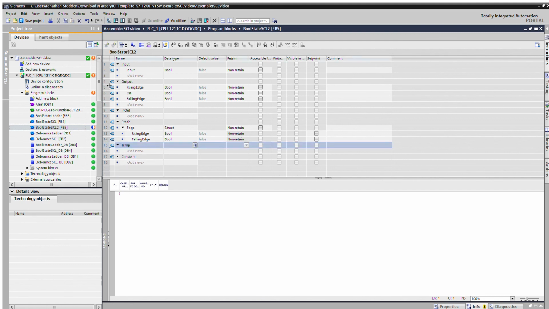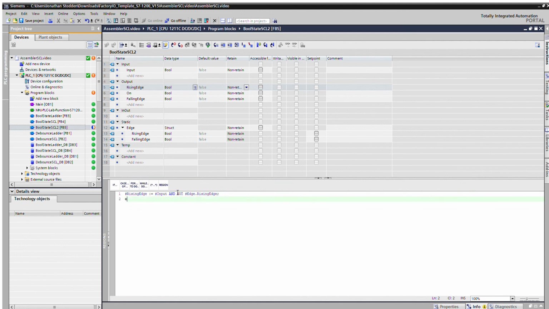Okay, so rising edge equals input and not edge dot rising edge. Then edge dot rising edge equals input,